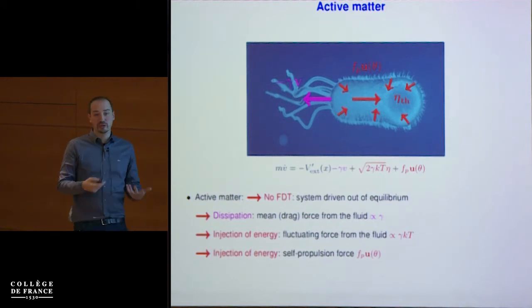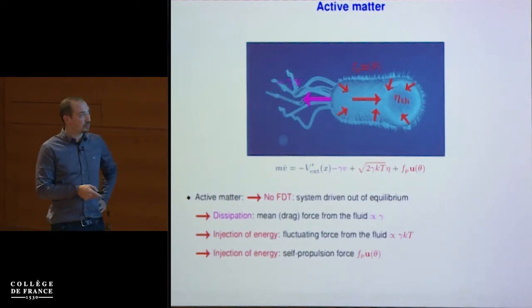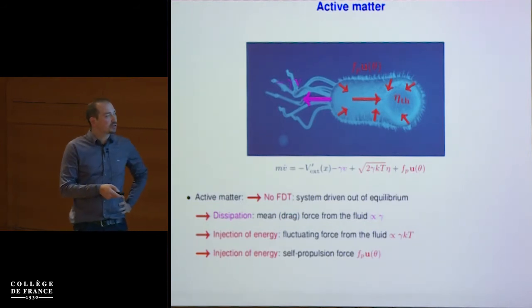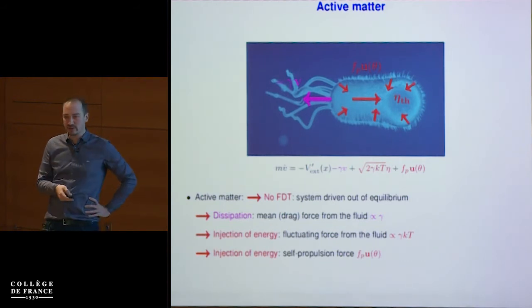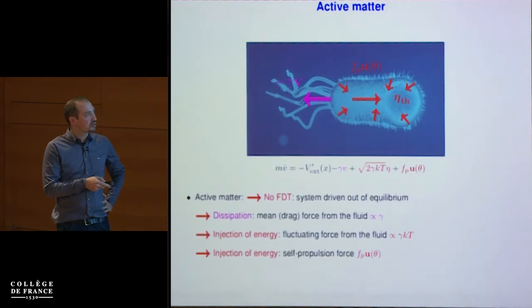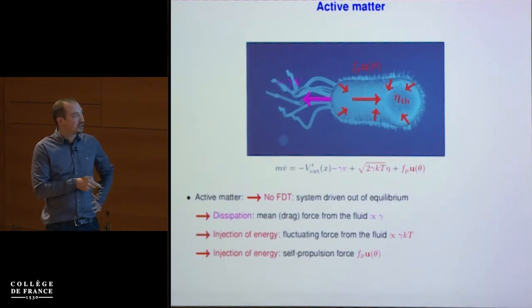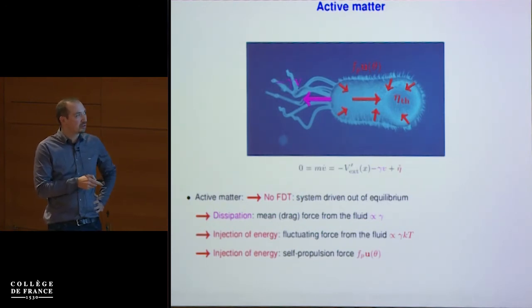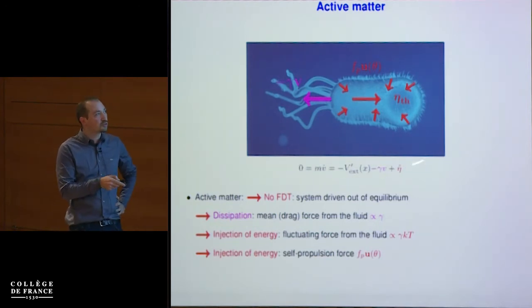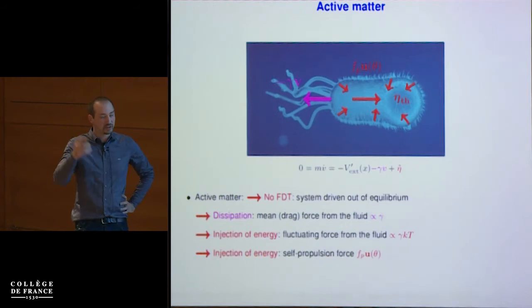And you have much more freedom than for passive particles because you have less constrained injection of energy. So if you look in the literature at typical models of active particles, they always look like variations around it. Typically, inertia is negligible, so you will have a 0 here. And often, you don't write separately the thermal noise and the activity. You just add one noise, eta tilde.